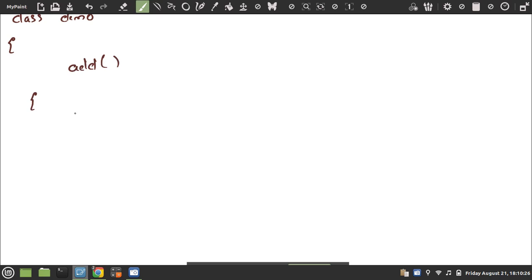No parameter means I should take the values here. I want to perform addition of two numbers, which means how many variables are required? 3 variables: to store number 1, to store number 2, and to store the result. And I will be taking dynamic values for this. So if I want to take dynamic values, then I should create the object for which class? Scanner class.